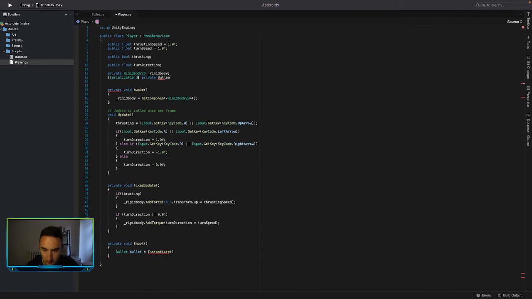So bullet, and then it's going to be bullet prefab, so bulletPrefab, like that, fab, not fad. So whenever we instantiate it, we're going to use this prefab that we'll drag and drop into the Unity inspector in a bit. So we can go and say,